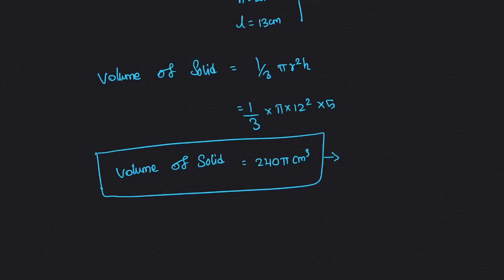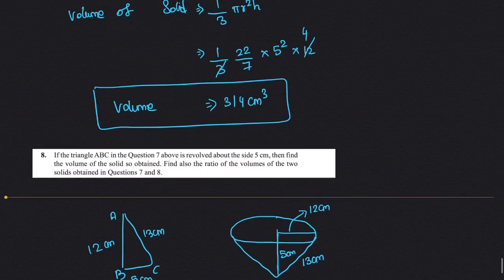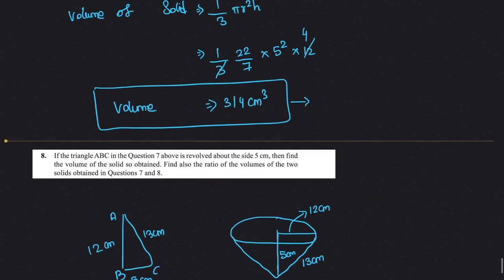I just consider this is the 8th question. The previous one is the 7th question volume. So this value is also equal to 100 pi, because just replacing the value with pi, so 25 into 4 is 100 pi. So for comparison it is much easier.